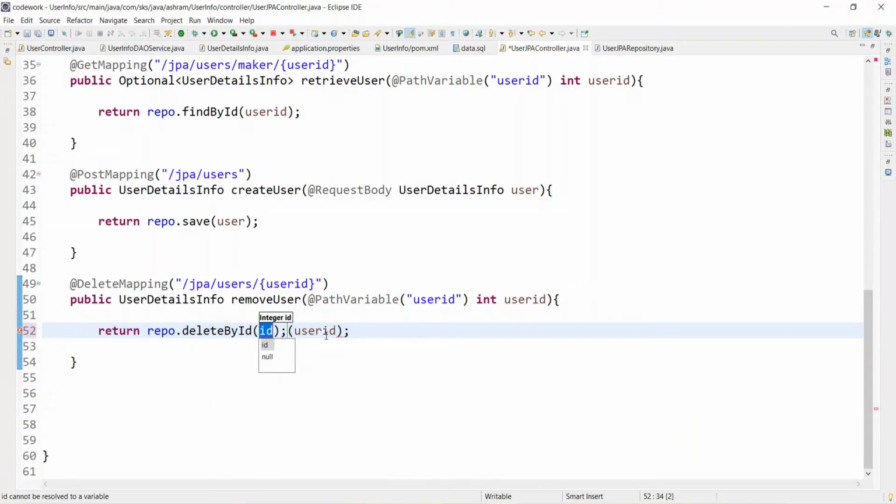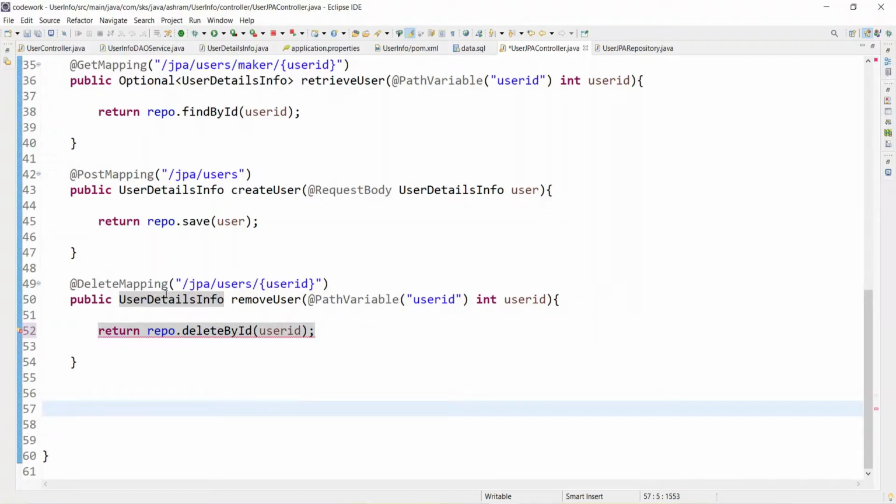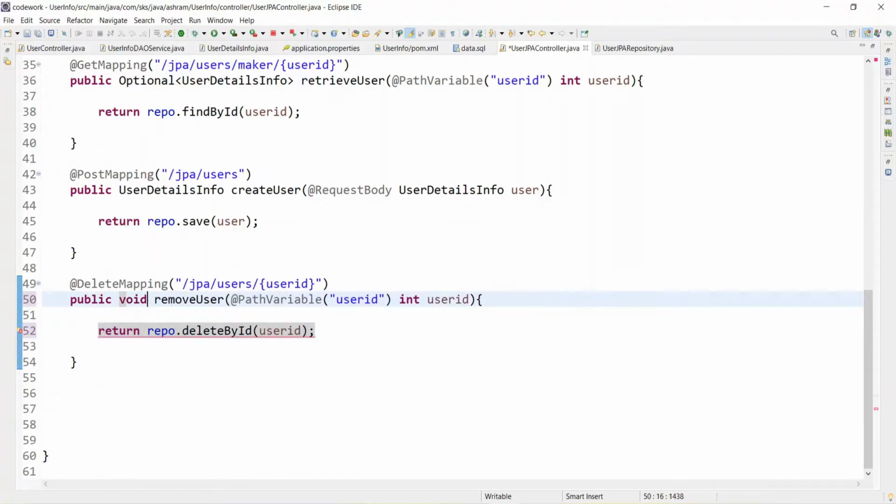If you go to this, just a minute, delete by ID returns a void result. Okay, this returns void.